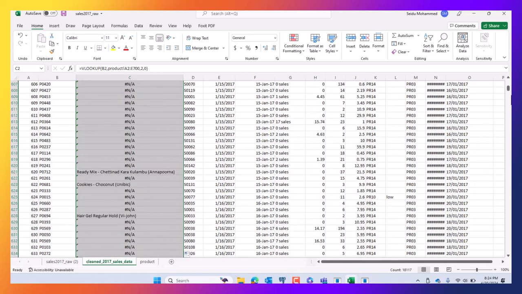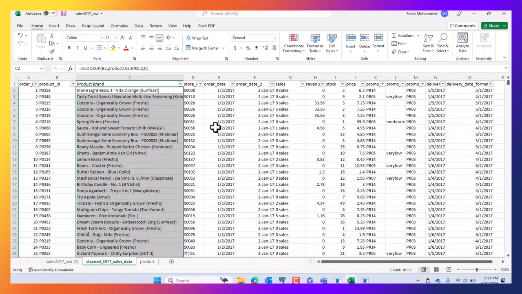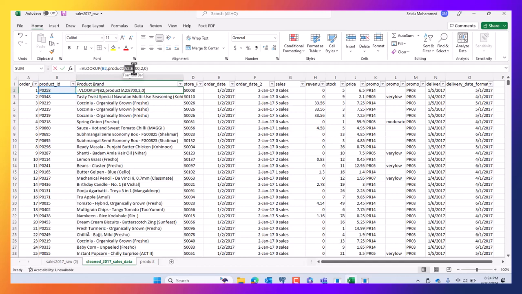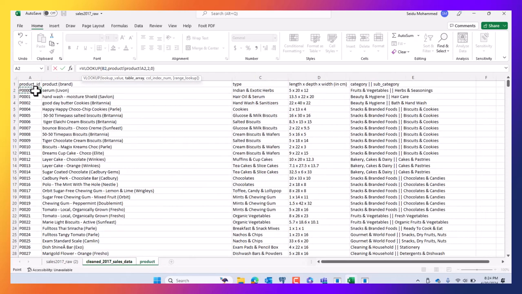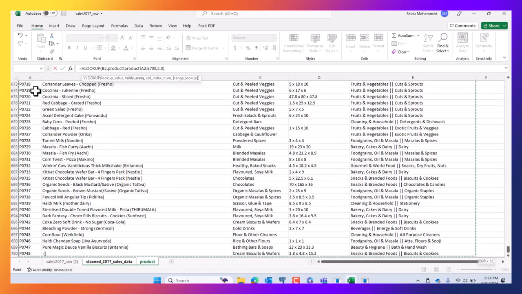So with that is when you have to lock the data. You realize that A2 to E700, I've not locked it, so I will lock this range from A2 to E700. The range I selected, all this range, this is the range. So this part is the range from the child data. So this range has to be locked. So I will come here. I will highlight that part, then use the function key F4,